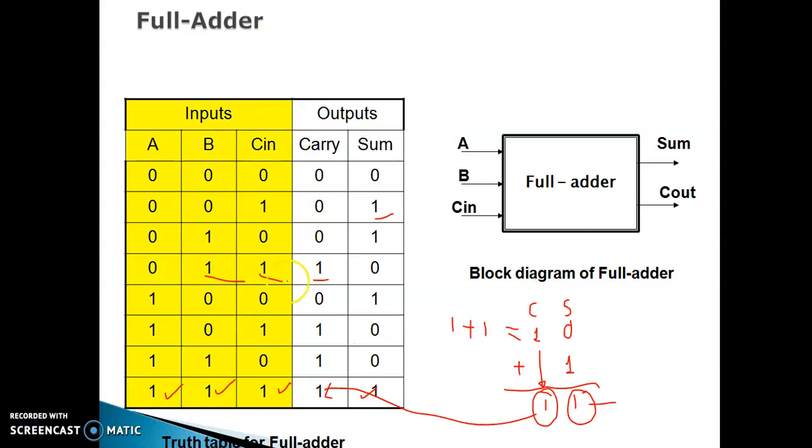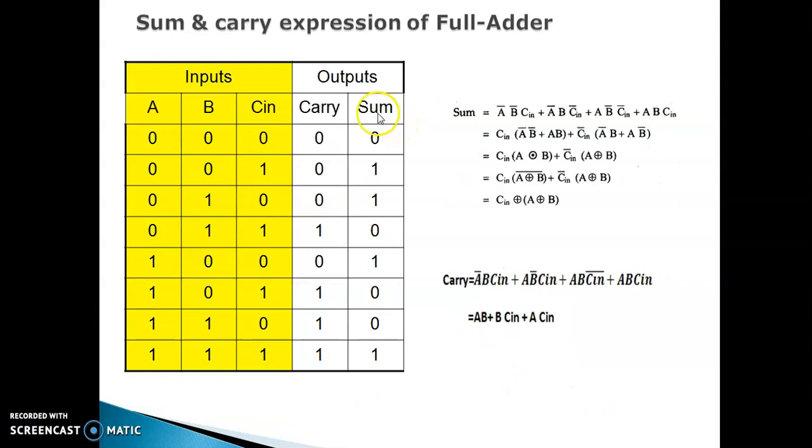Now once we complete the truth table of the circuit, the next step is to write the logical expression for each output. That means we have to write the logical expression for sum as well as for carry. First of all, let us write the equation for sum. We'll write the logical expression in SOP form, that is sum of products. The step to write the SOP form is to identify the number of ones in the sum column. If you observe this table, there are 4 ones: 1, 2, 3, 4. So that many product terms will be there, of which we are taking the sum.